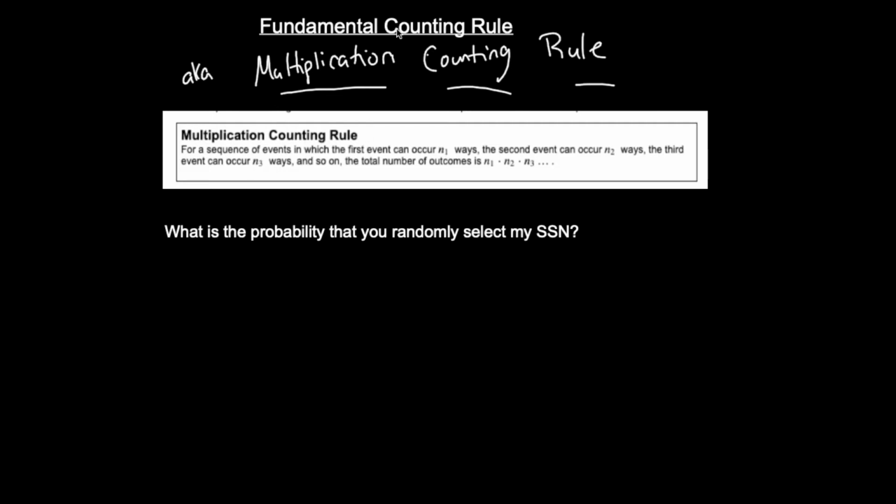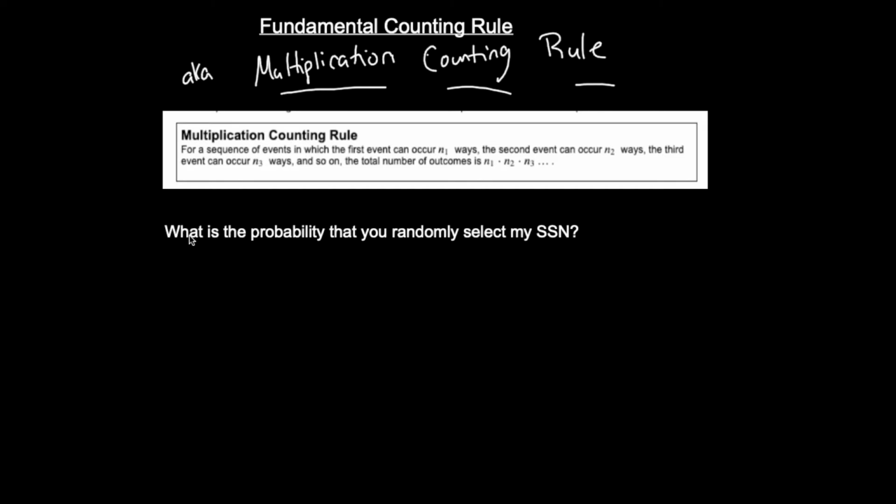So the first rule that we're looking at is called the fundamental counting rule, which is now also called the multiplication counting rule, which says this: for a sequence of events in which the first event can occur this many ways, the second event can occur that many ways, the third event can occur another amount of ways, and so on, the total number of outcomes is the product, which is why it's called the multiplication counting rule. Like I said, a lot of times when I read this to my students, they don't know what the heck I'm talking about. So